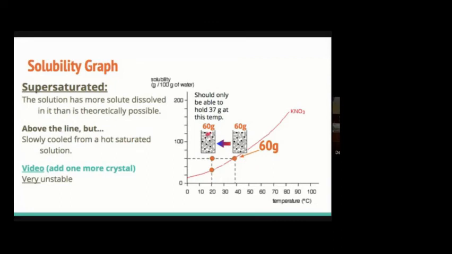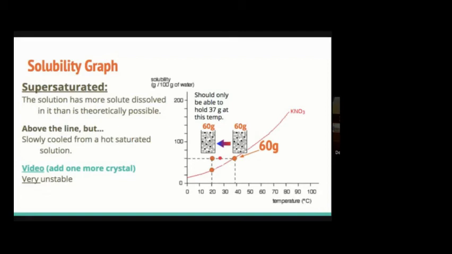If we start with 60 grams dissolved in the same amount of water as we've been talking about all along, 100 grams, if we dissolve that at the 39 degrees or 40 degrees that holds exactly 60 grams, and then allow it to cool very slowly without touching it,